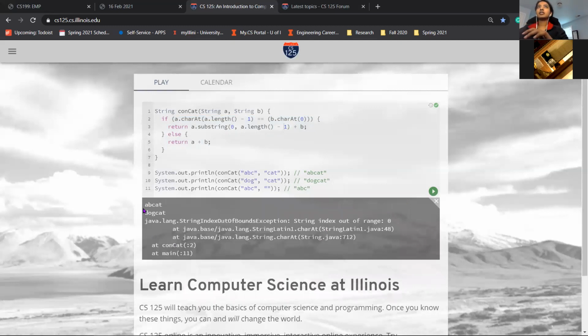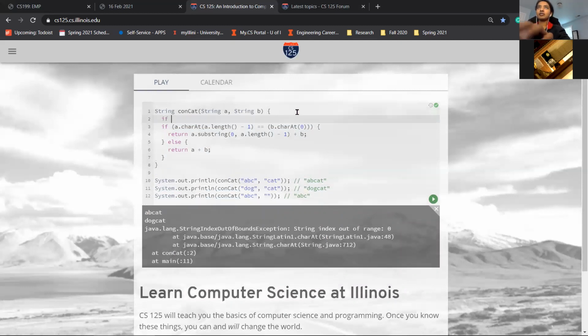So notice how these first two test cases, they passed. I got the right solution for these. This last one is an empty case, so make sure you consider that in your code also. So if the length of A,